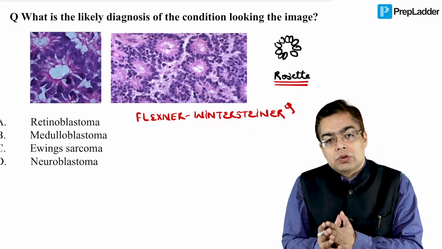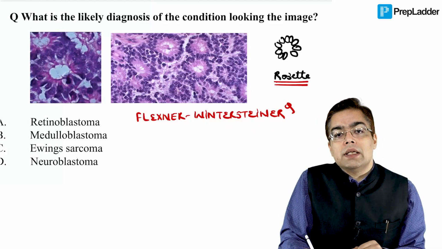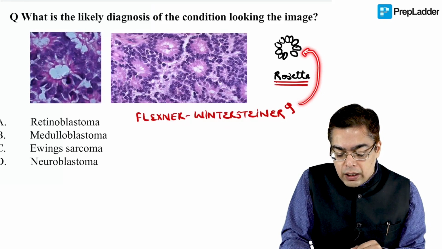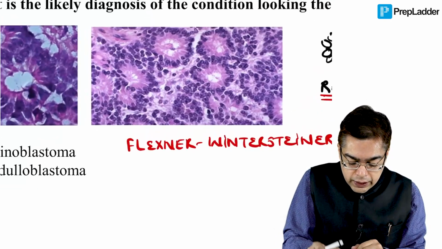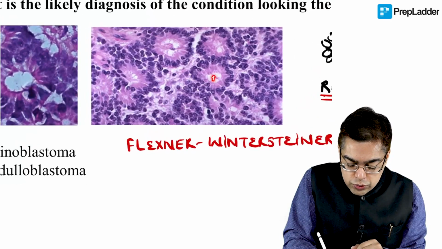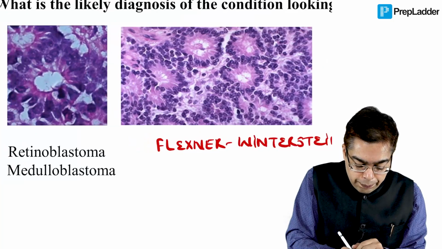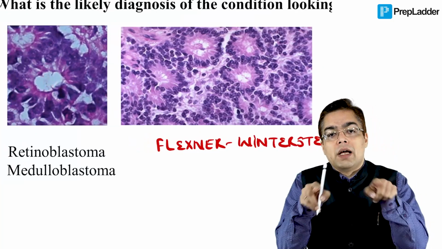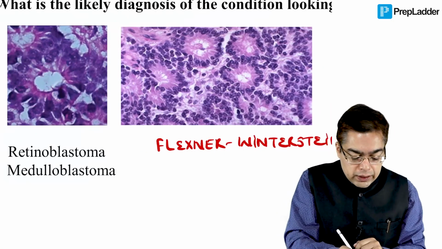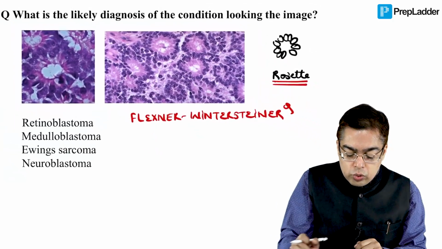Now a question would come to your mind, what is the meaning of a true rosette? What do you mean by a false rosette? You see, true rosette is an example of a situation where the tumor cells are going to be arranging themselves in a flower-like pattern. And in the center, if you can appreciate over here, friends, I will just enlarge it for you, there is going to be the presence of an empty lumen. So this lumen, if I can show you on the pic on the left side, is going to be empty. So tumor cells arranging themselves in a flower-like pattern, with a central empty area, is what is going to be given the name of a true rosette.